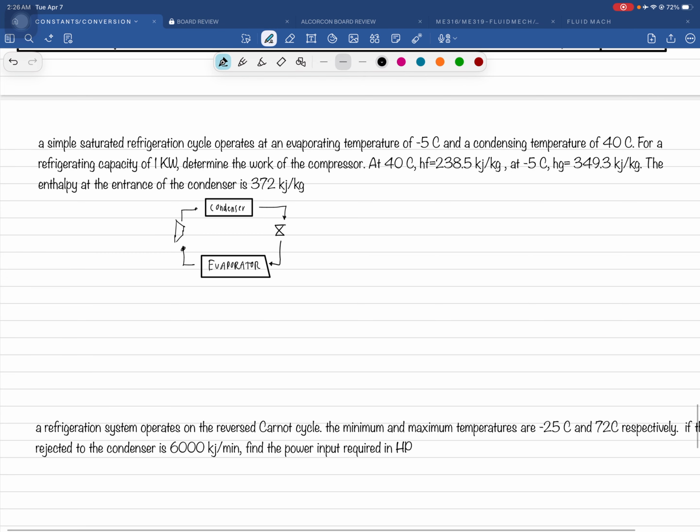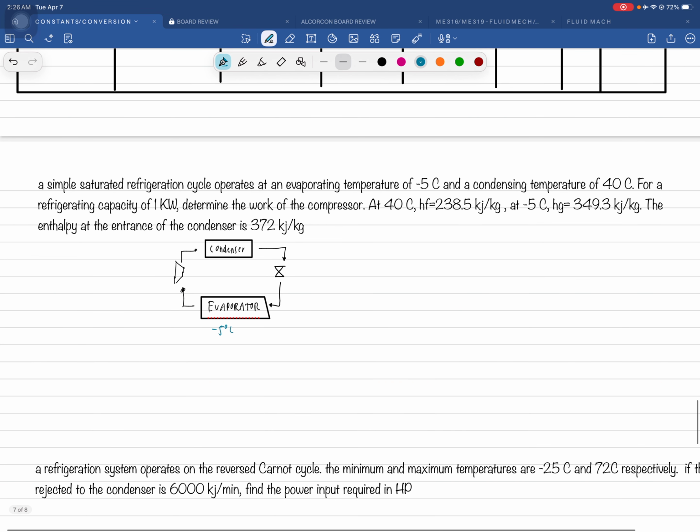Okay, so sabi evaporating temperature is what? -5 degrees Celsius, no? Condensing temperature is what? 40 degrees. Refrigerating capacity, pag sinabing refrigerating capacity, dito siya take place sa evaporator, no? So meron kang 1 kilowatts dito. Okay,